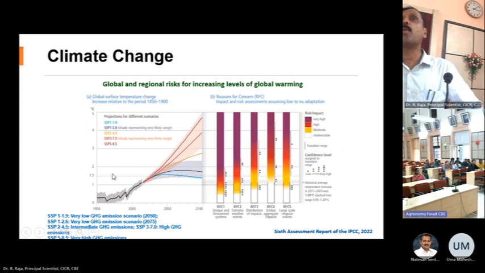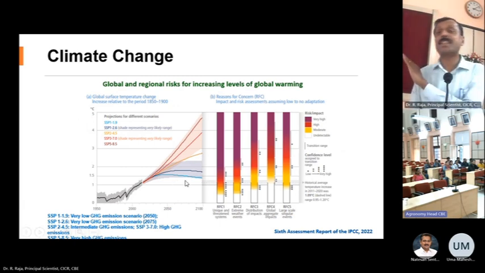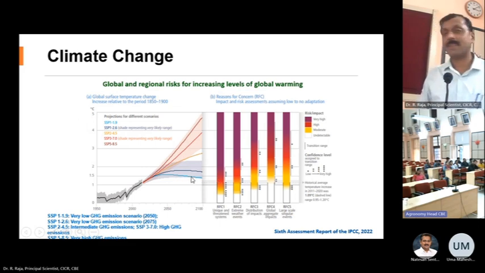So SSP1 means a very, very low emission scenario. By 2050, our emissions will reach zero. Means we won't add any greenhouse gases to the atmosphere. By that time, our temperature rise will be within 1.5 degrees. This is the sixth assessment report released during 2021-22. You can see. But whether this will happen, most probably it may not be possible, because nobody is going to stop